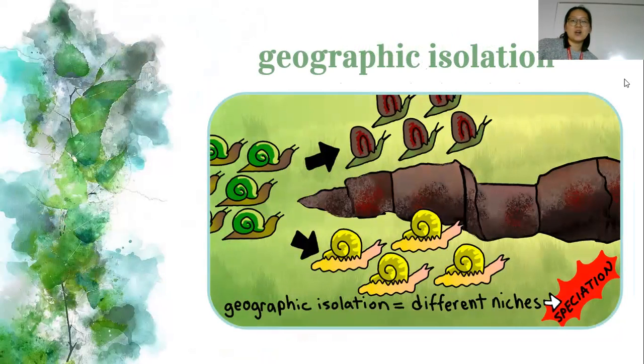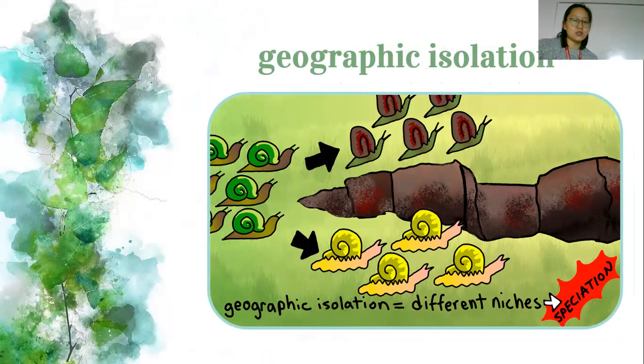Geographic isolation can also cause speciation, which is another part of evolution, where if you're physically separated from another group, even though you originally were the same species, over time, if your environments are different, your group is going to be better suited or better adapted to your environment. And then if I were to plop the snail from the bottom back over to the snails at the top, they might not even recognize each other anymore. And they probably wouldn't be suited to surviving in that environment, and they would die really easily.